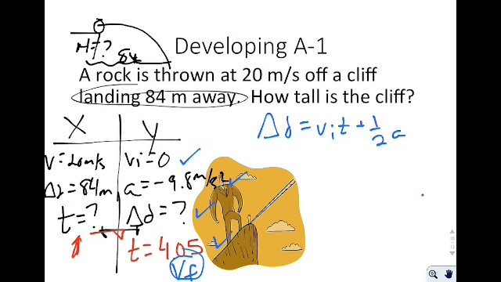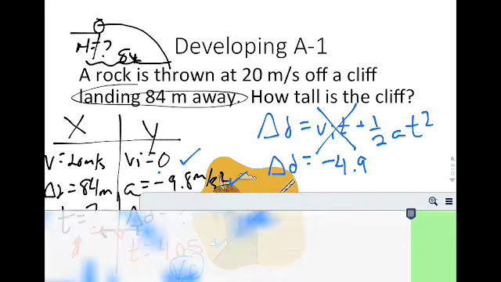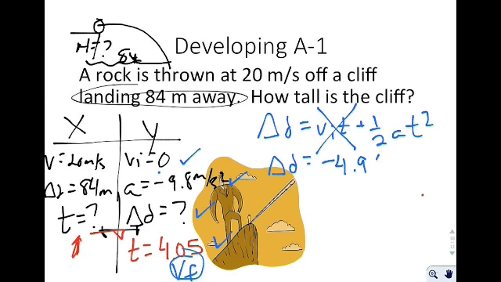1/2 a t squared. Now you plug in and you would say delta d is equal to, whole term is going to zero out. The reason why the whole term zeroes out is because your initial velocity is 0. You're going to say 1/2 times negative 9.8, which is negative 4.9, and then you have t squared, and we know our time is 4.05 squared. Now, when you take this thing and you actually solve it out, you end up getting a